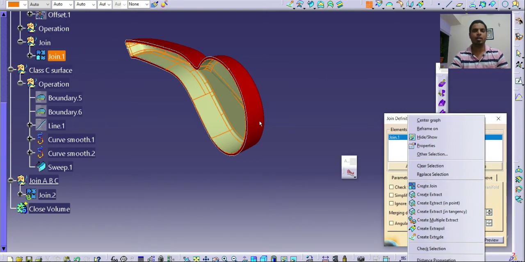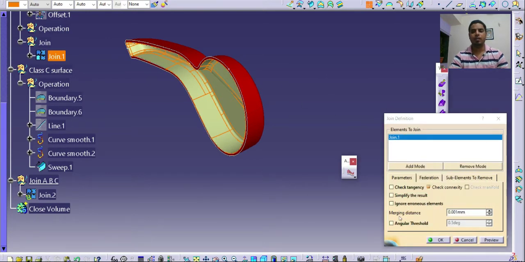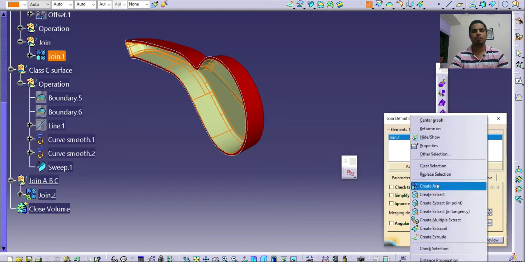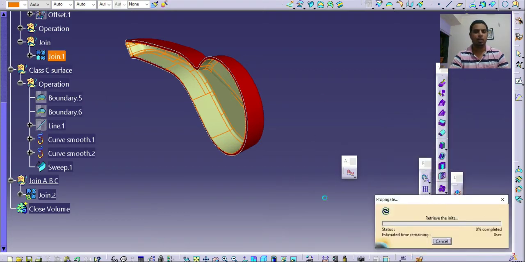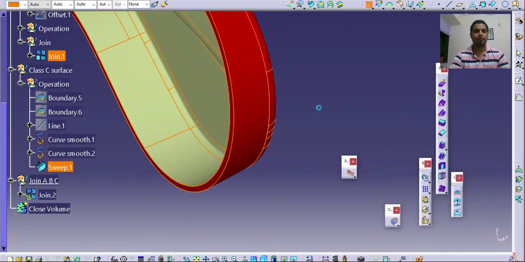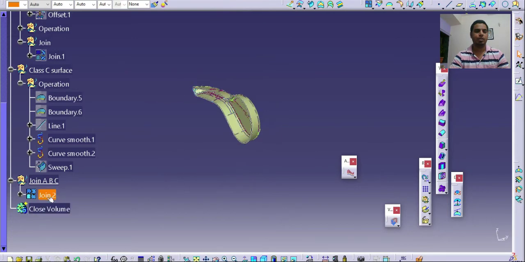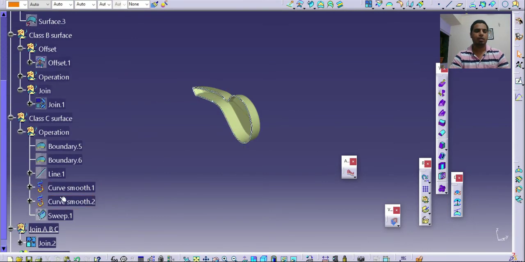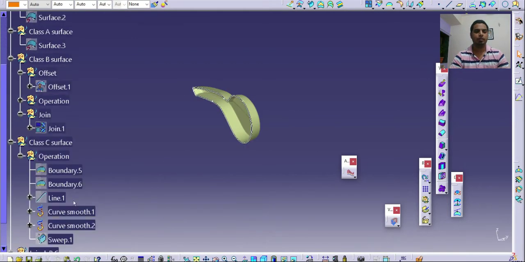It will automatically select the surfaces which are at a distance of 0.001 mm apart. Okay, for a plastic it should be around 0.01 mm, so we can change this distance. In my case it is also accepting this much smaller value. That means we have created a proper surface. Okay, so this is my joined surface and I will hide those curves.